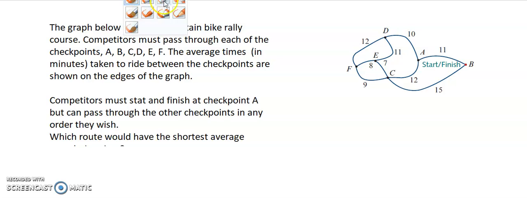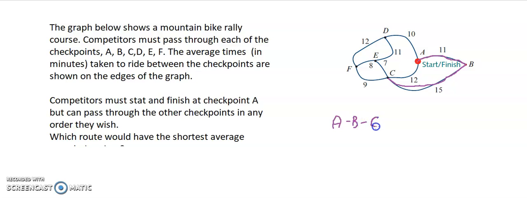So we know our starting point. Our starting point is A, and our finish point is A. So when I'm thinking about this, I know I'm going to have to get to B at some point. So I'll normally go B. There's only one way to go from B to C. So straight away I know I'm starting at A. I am then going to B